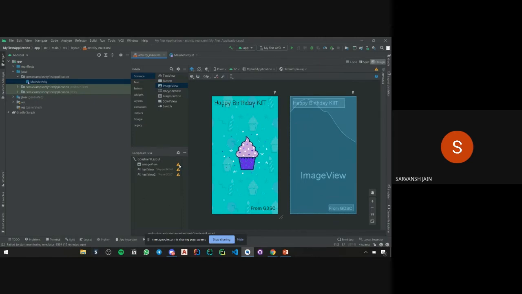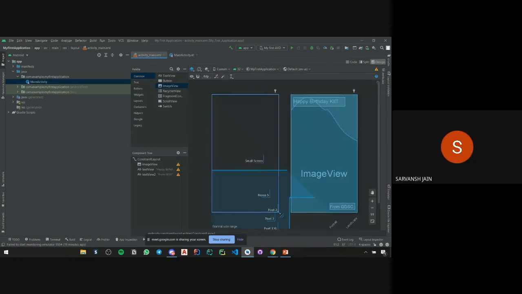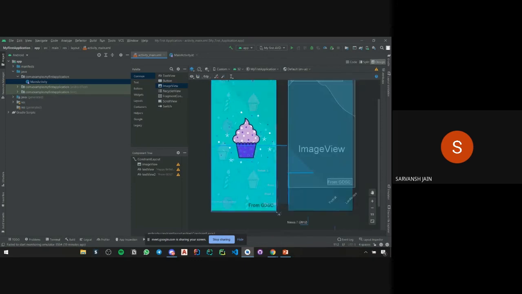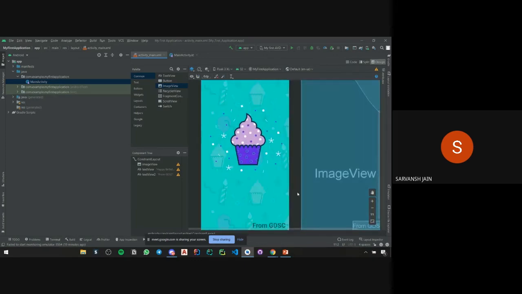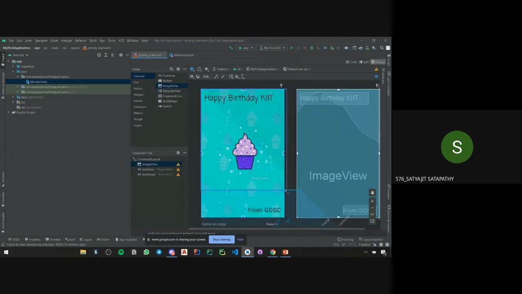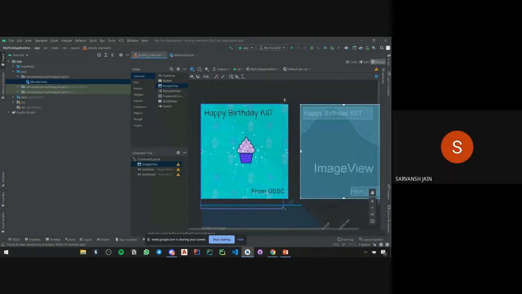Should I wait or continue? I did some mistake in the bottom. You have an option to resize the screen, so I just resized it and couldn't figure out what was the original size. You did this? Yes. I just wanted to zoom in a little bit and I did that.